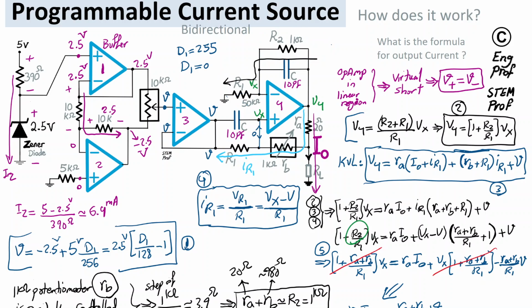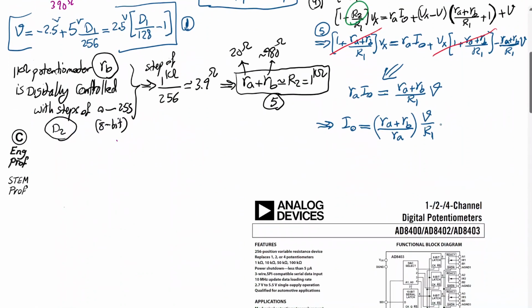If we substitute values, this one is 1K, this one is 20 ohm, this one is 50K, and this over 50K divided by 20 ohm is simply 1,000s. So this is my formula, and the specific case is indicating